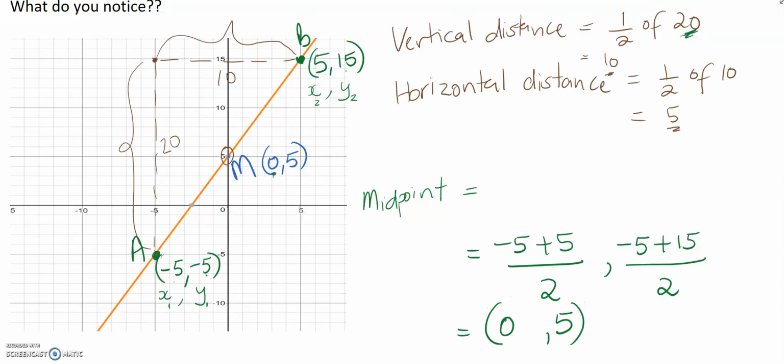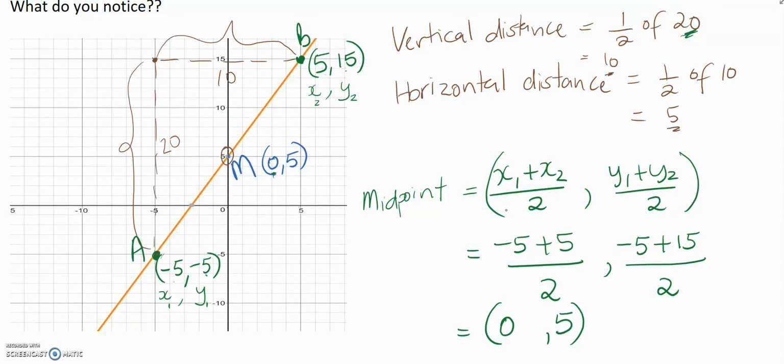What we've done is added the 2 x points and divided by 2, and added the 2 y points and divided by 2, and that's how we got our midpoints,